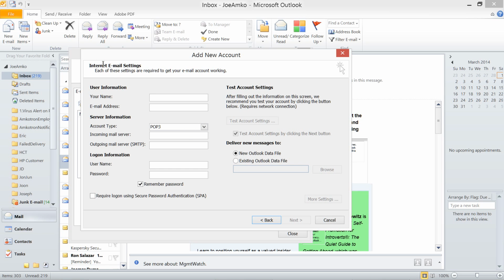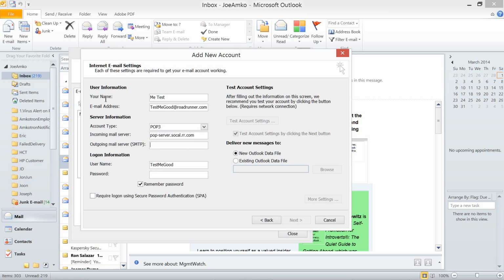Now, writing your name. Let's just say my name is Tess. That's my name. My email address is tessmegood@roadrunner.com. POP server is pop.the server.sokal.rr.com right here.